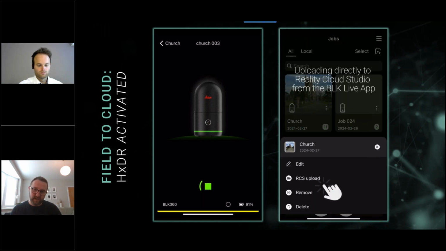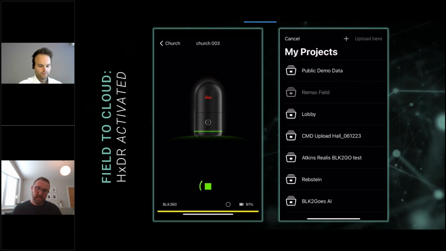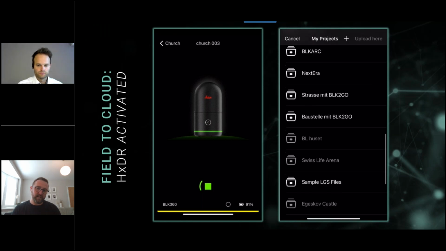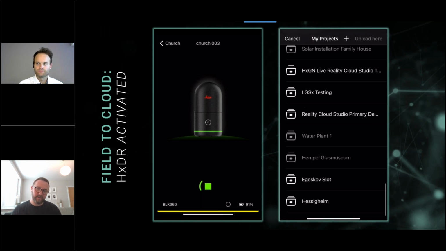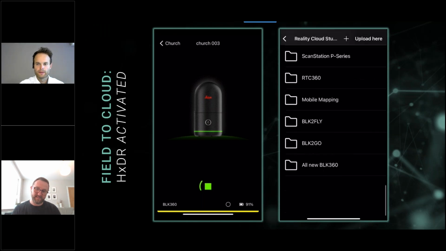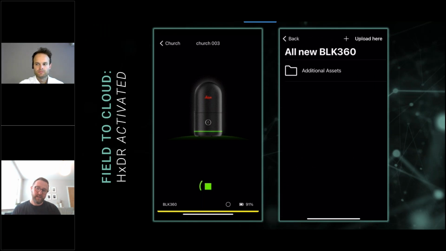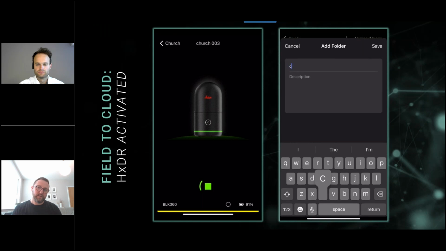On the right-hand side, you can see here we have this RCS upload option. So we click RCS upload, and obviously we would then put in all our credentials. Once we've done that, it would take us to our projects, and then we can choose the location where we want to store that data. You can see all the projects that I've got listed on my instance. I'm just going to create a new upload, call it church, click save, and then that will push that